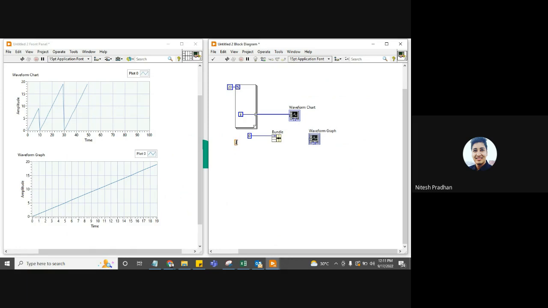That is my del t or del x. And the last one is my y array. Y array consists of all the data points. Now create a waveform graph